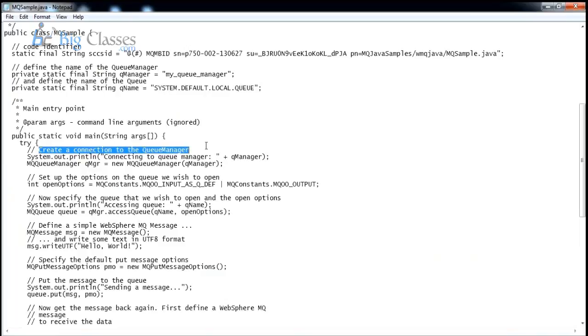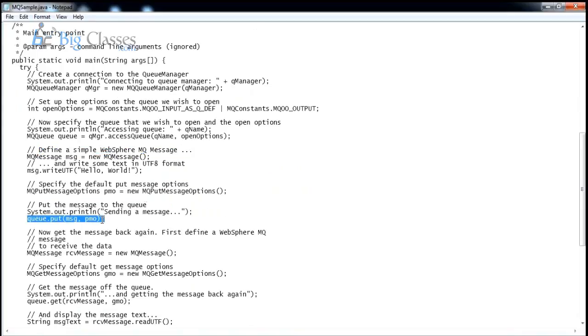Create a connection to the queue manager. Yes, the program very first opens the connection to the queue manager. Then queue. Here, define a simple WebSphere MQ message. To put the message in queue,